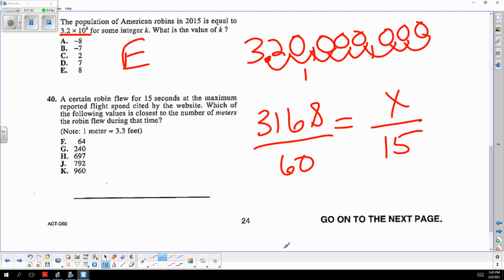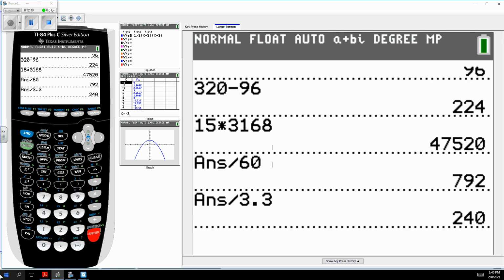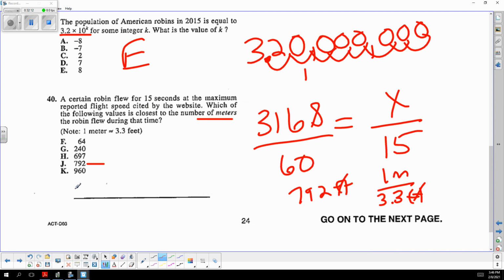Okay, but you got to be careful. It's how many meters. So she goes 792 feet. Look at these suckers. 792 feet, and 1 meter is 3.3 feet. So you convert by dividing by 3.3. I hate when they do something like that. I got 240 for the answer, not